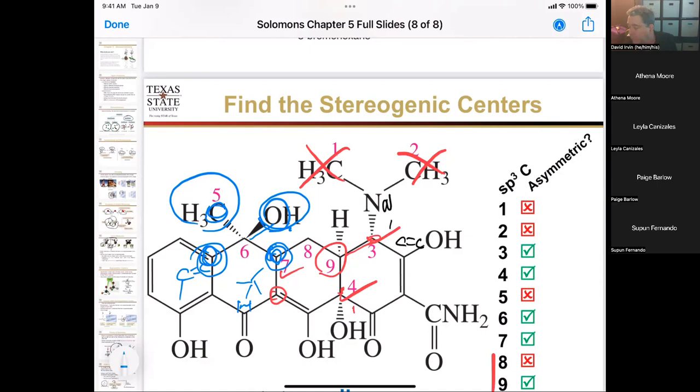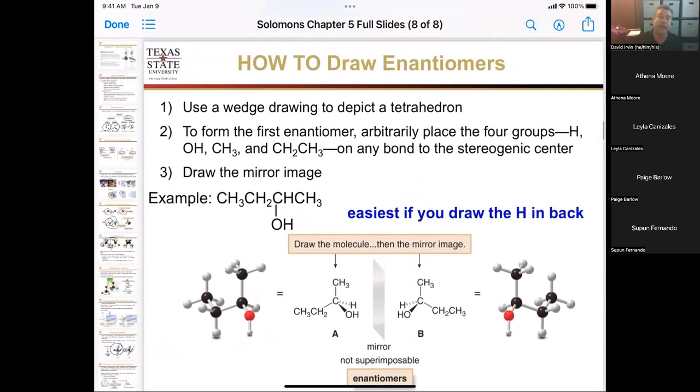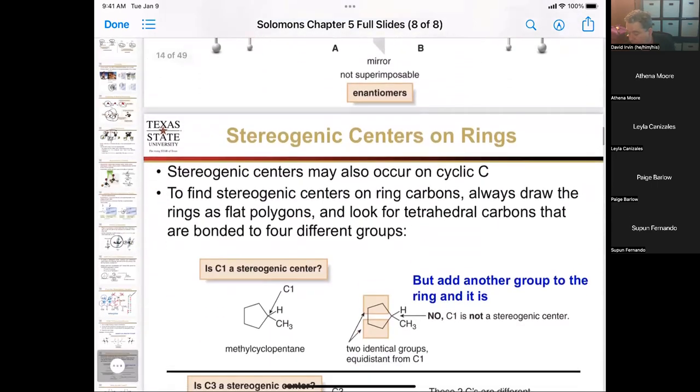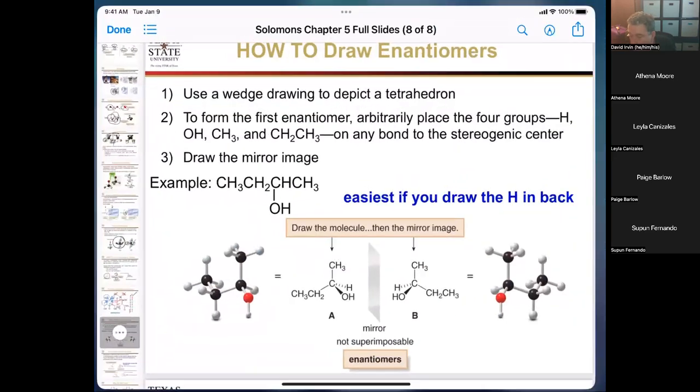Okay, great. All right, so let's talk about mirror images and how to draw our enantiomers. If you do it the same way every time, you can draw it any way you want. It can be above or below. Sometimes on exams, again, drawing it vertically is actually easier, but I will show you both ways to do it right here. And so what we're going to do is take any structure. In fact, I'm going to switch over to